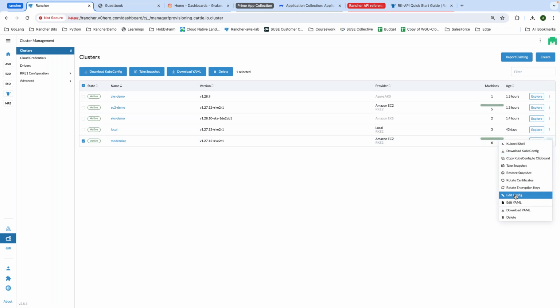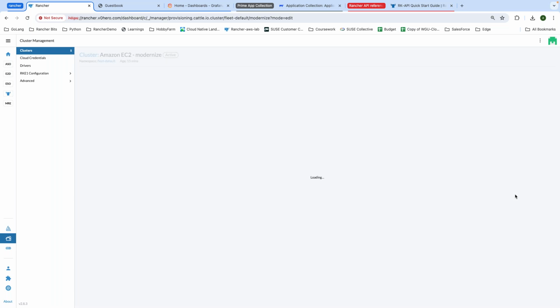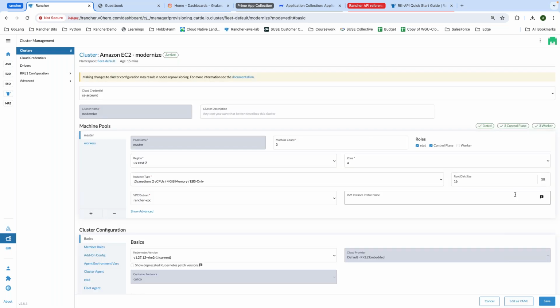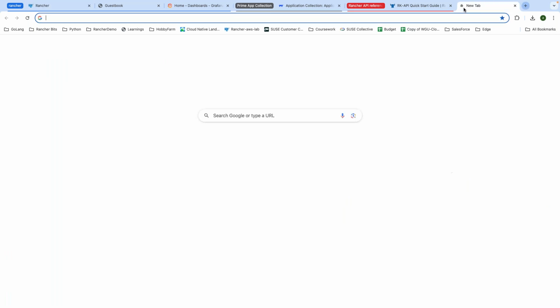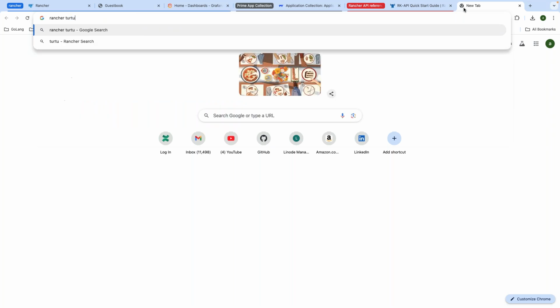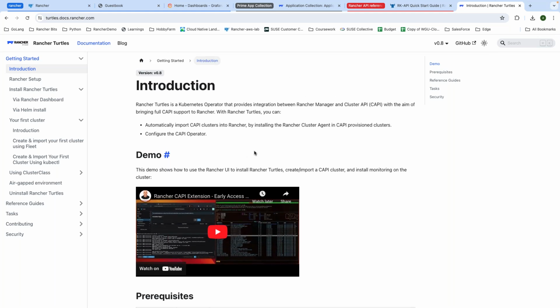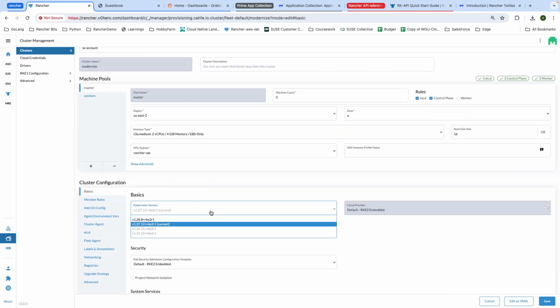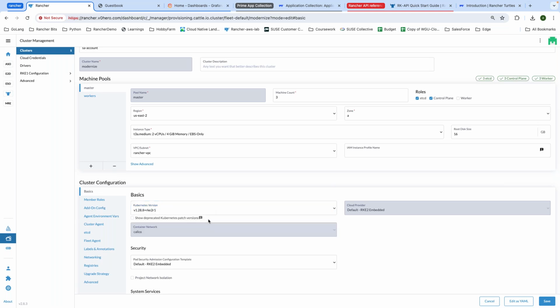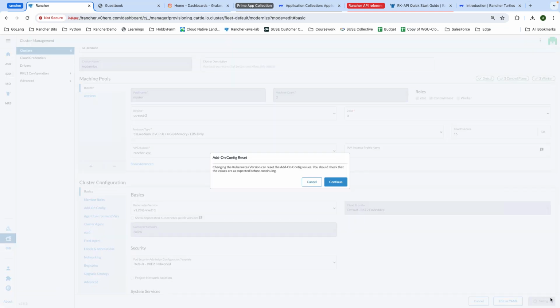Now, let's upgrade this cluster by going into this edit config. And with Rancher Prime, there are tools. I'm sure some of you have heard of Cluster API. So if you look at Rancher Turtles, CAPI, the Cluster API will actually allow you to build clusters and also manage the life cycle of those clusters in an automated way. So you can automatically configure and build clusters, you can update them. So this manual process I'm showing you right now, where you want to upgrade this Kubernetes cluster by coming into edit config, selecting the Kubernetes version, and then selecting save,